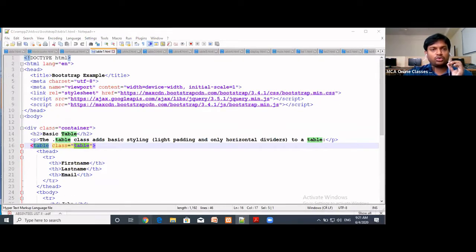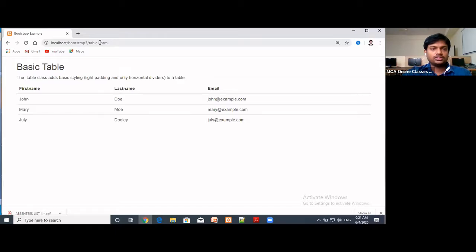Next we have one more category, so that is two different types of table. So here it is striped rows. Here you can observe one row is lighter and the next is striped. So we can define a table like this in Bootstrap. This type of table we call striped rows.